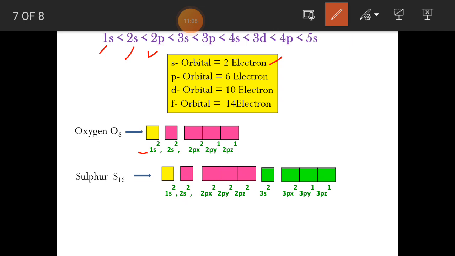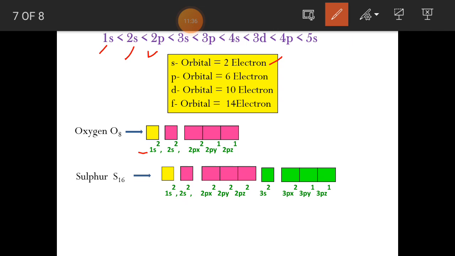But here, the p has 3 different orbitals, that's why px, py and pz. Therefore according to Hund's rule, these are distributed like this: 2px2, 2py1, 2pz1.